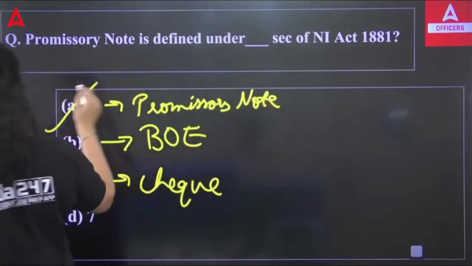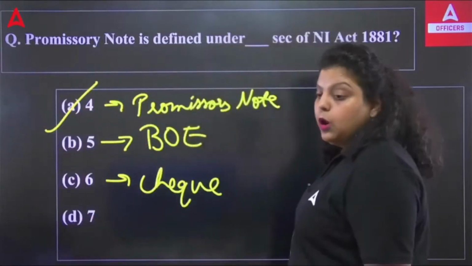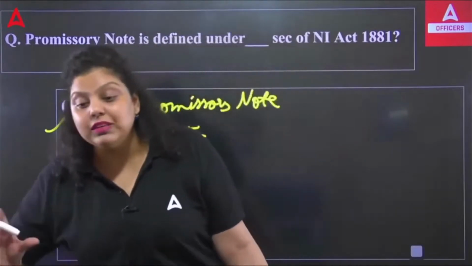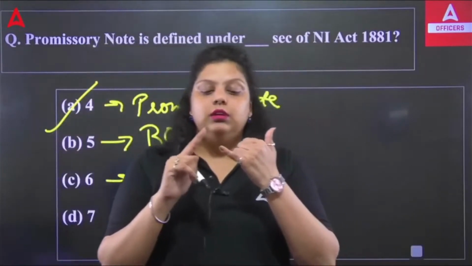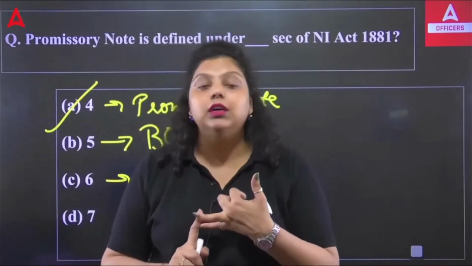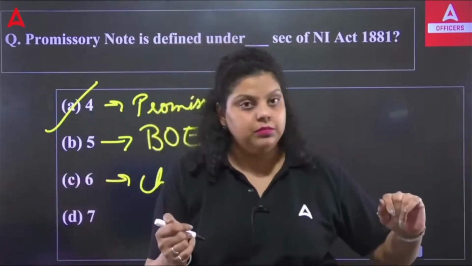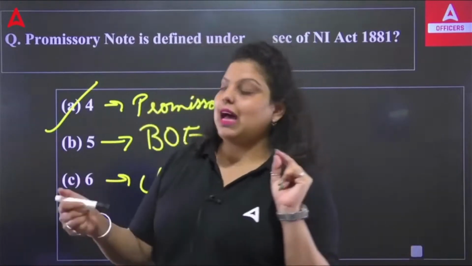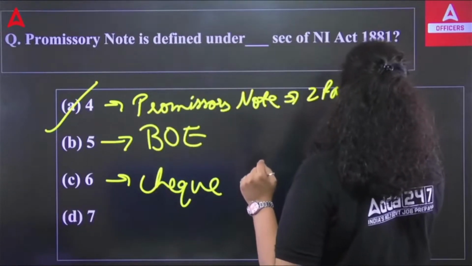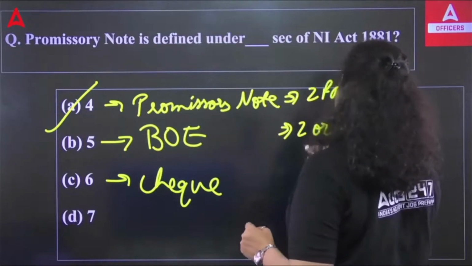So check, you all know, check is simply a type of bill of exchange which is drawn on the name of a specified person or otherwise on demand, right? Now, promissory note and bill of exchange are similar documents. They both are documents in writing. They both promise to pay a certain sum of money to a certain person. But there is a difference. The difference is that in the promissory note, two parties will be involved. In bill of exchange, two or more than two will be included.